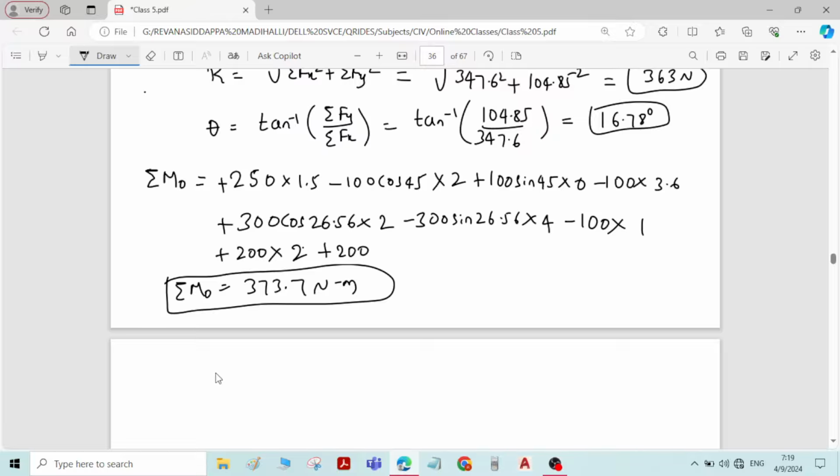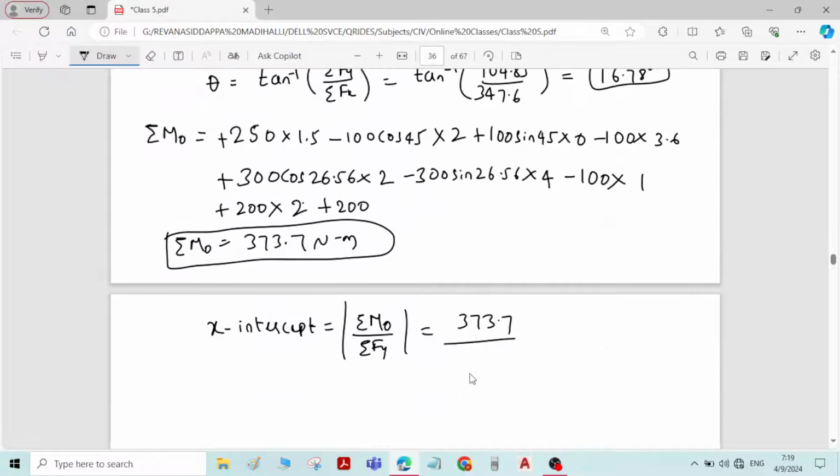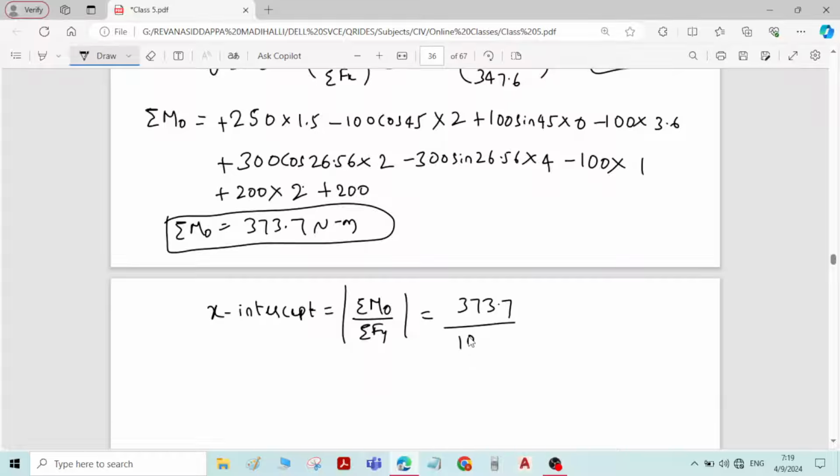Now we can find the x-intercept. You know the formula: x-intercept is equal to sigma M_O by sigma F_y. Sigma M_O is 373.7. Sigma F_y is 104.85. The answer is 3.56 meter,